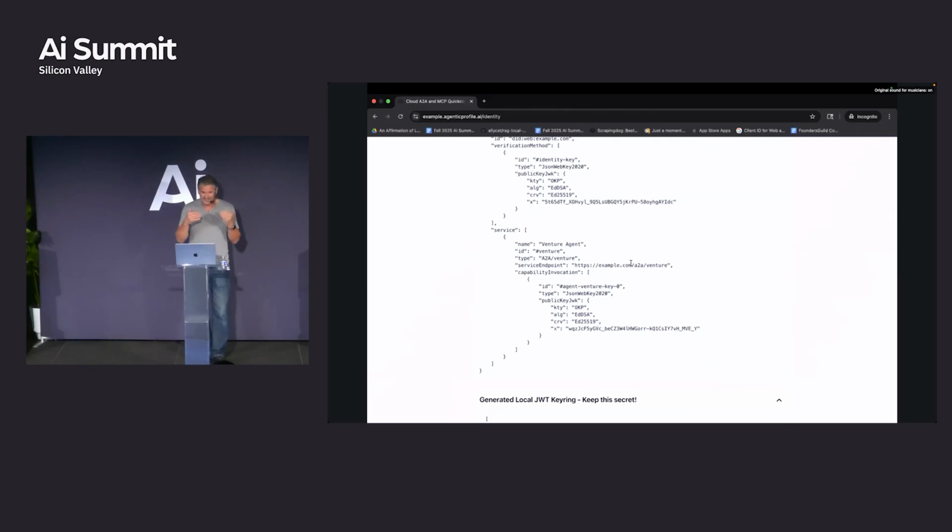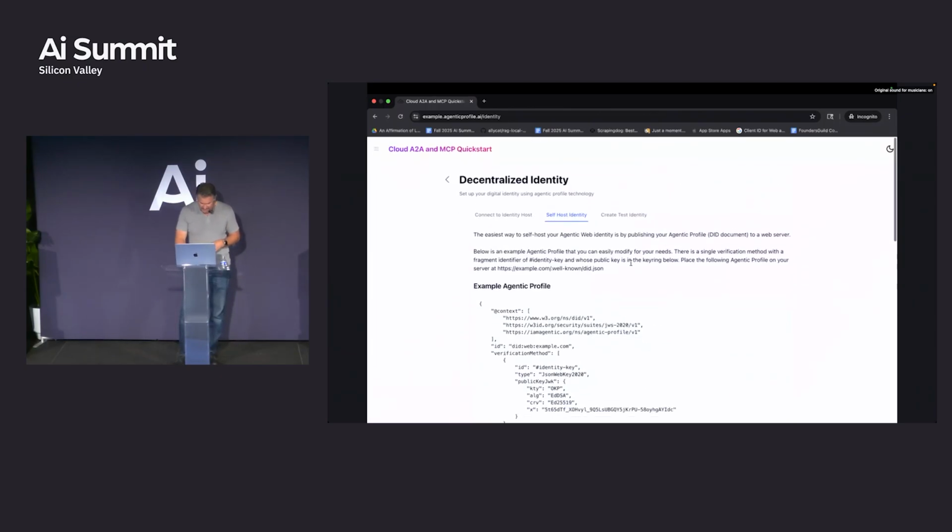And in this one here, it says, here's the different keys I can use right now, my public side of these things. And in this one here, I said, here's my key, and that public key at the bottom down there, I have the other side of the private key in that document I showed you a second ago. But all you have to do is just publish this thing, and now you are a first-class citizen on the Agentic Web, which is fun, and all your agents are first-class citizens now too.